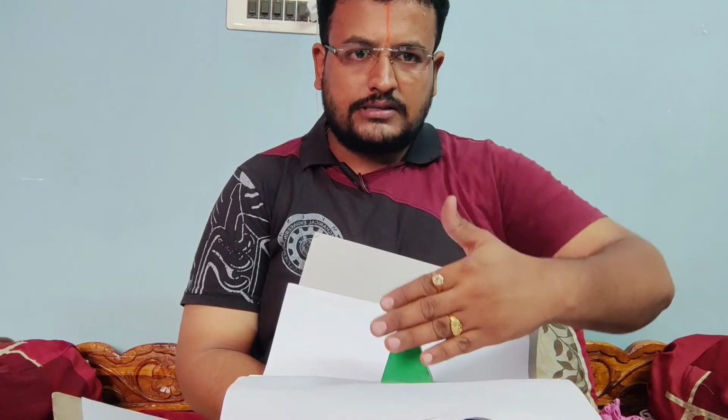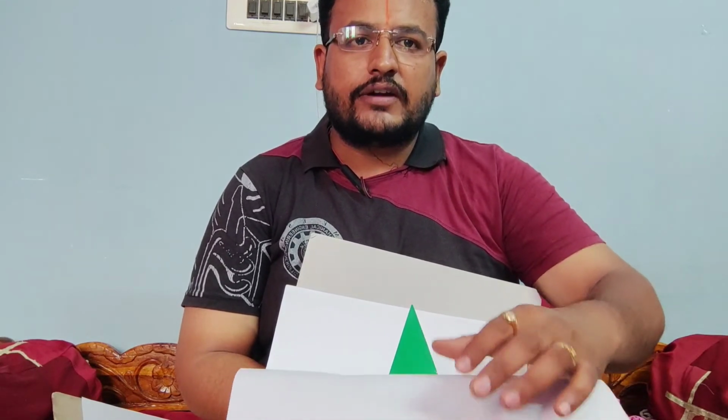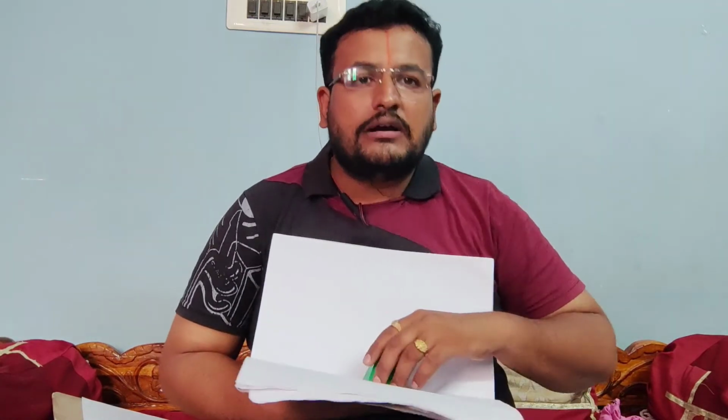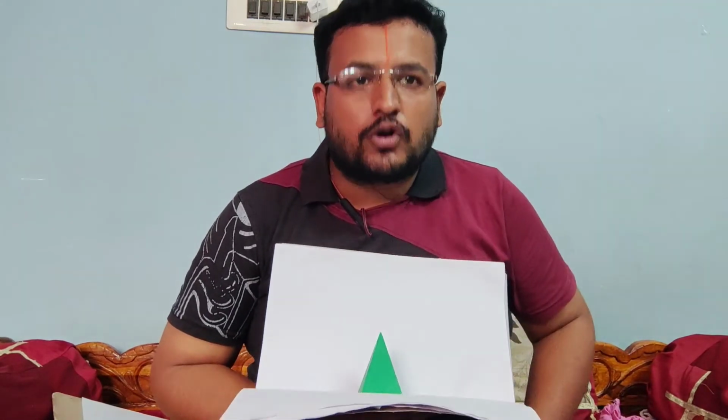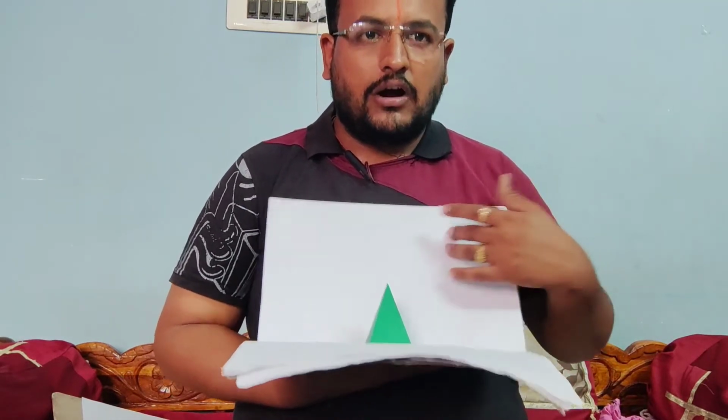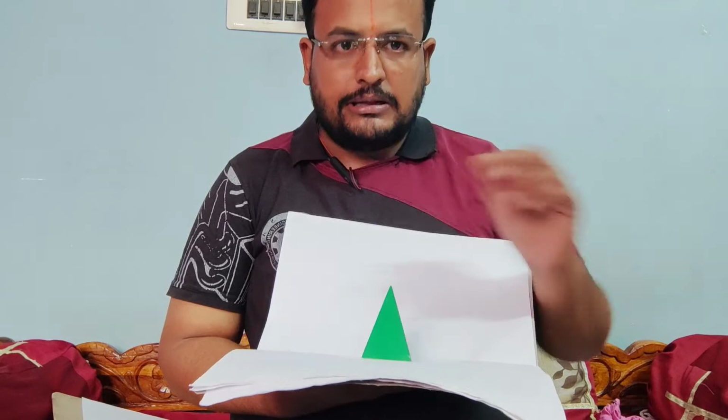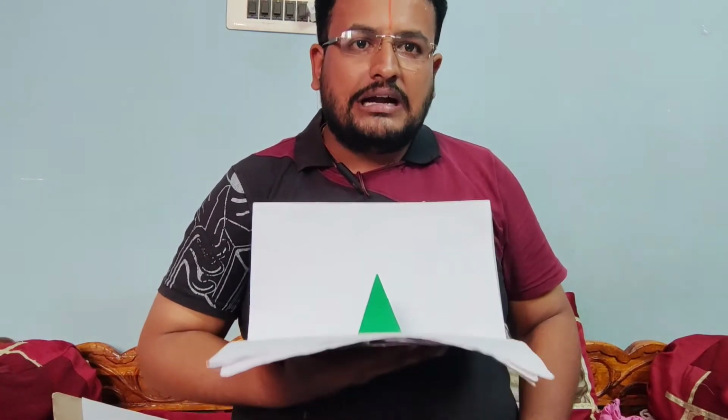From front view, you can see the triangle in contact with the reference line. That means here, whatever the type of solid it may be given in the question, whenever the axis is parallel to VP and perpendicular to HP, true shape of the base can be seen from top view. That means you have to start from the top view itself. Here, according to the question, the pentagonal pyramid is given. That means base should be the pentagon and, as it is represented as a pyramid, all the lateral surfaces for the pyramid will be triangles.